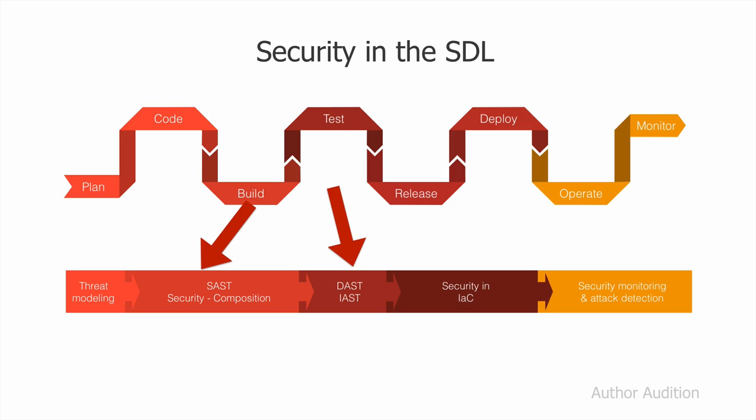So I'm going to be showing you a demo that talks about these two things. We're going to be running SAST, which is Static Application Security Testing, or Static Code Analysis, Software Composition Analysis, and we're going to be running a small runtime test against our environment and generating a nice little report at the end of the whole process, right? So that's what we're going to be doing